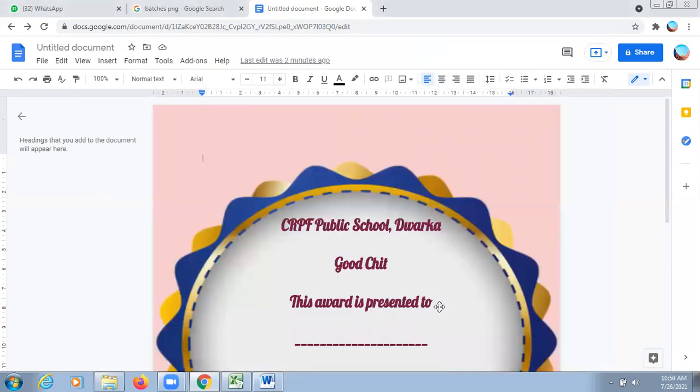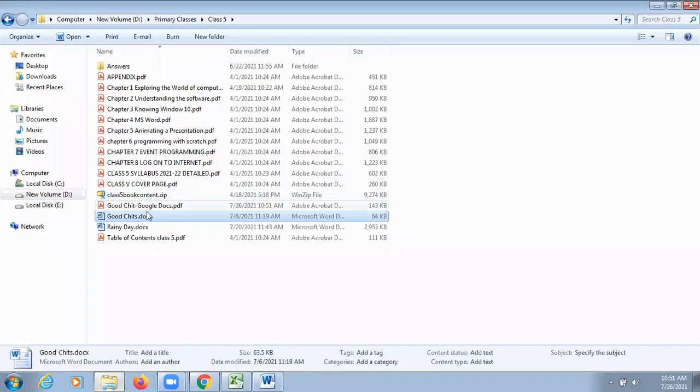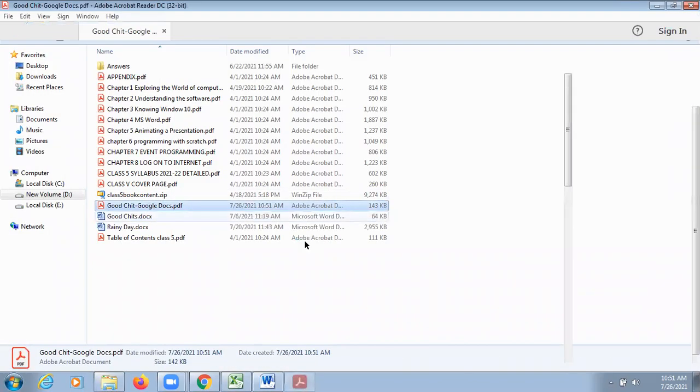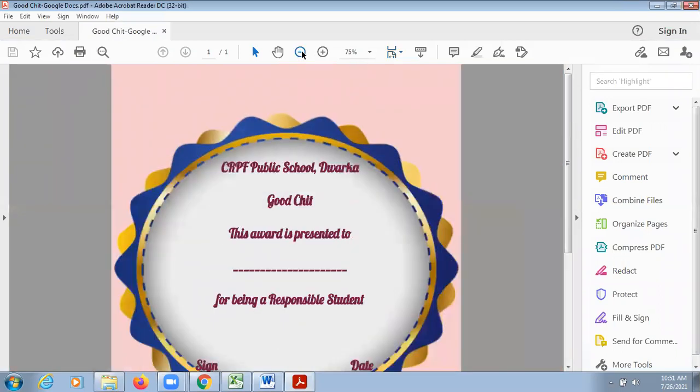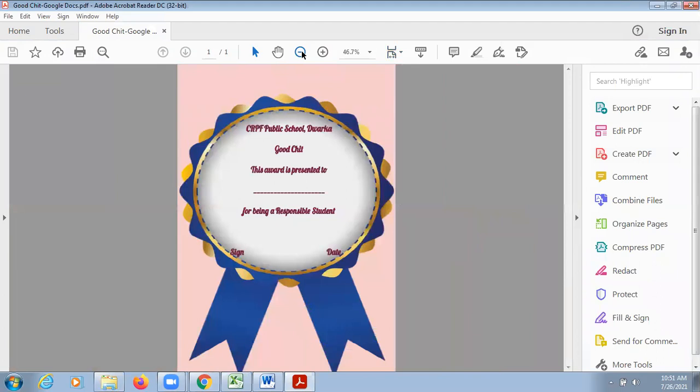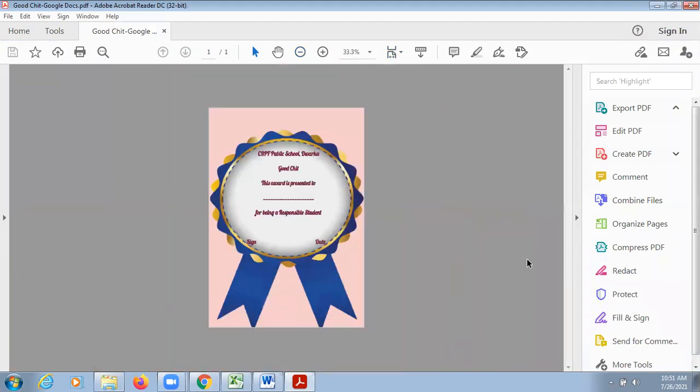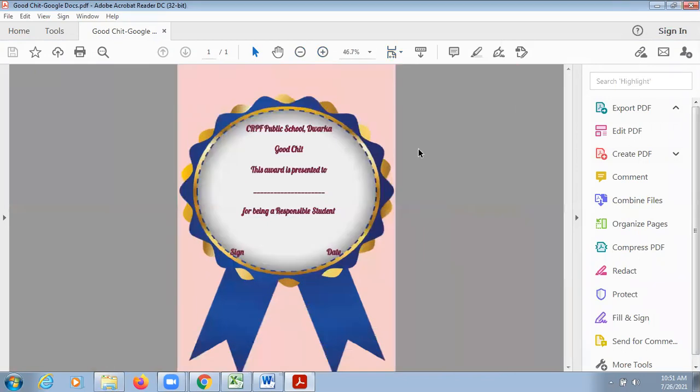Save. Now let's check how it is coming. This is the widget which you have designed. And this is how it is looking like. Perfect. So this is how you can design the widgets also.